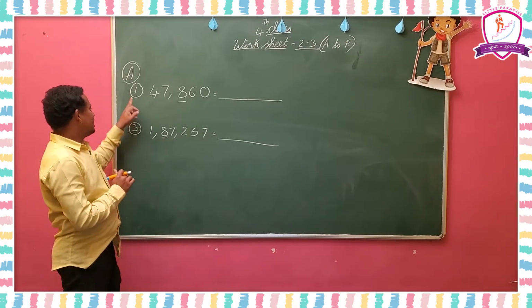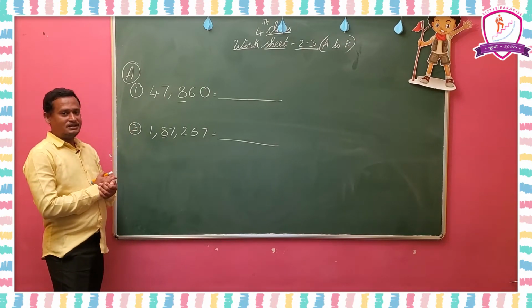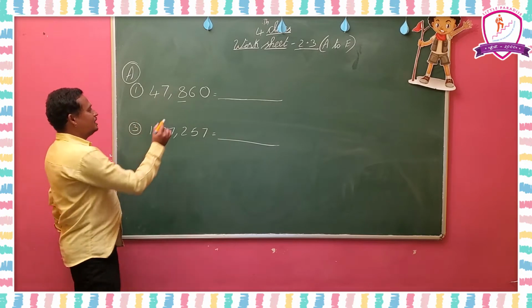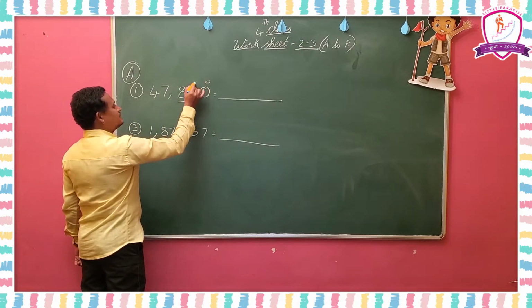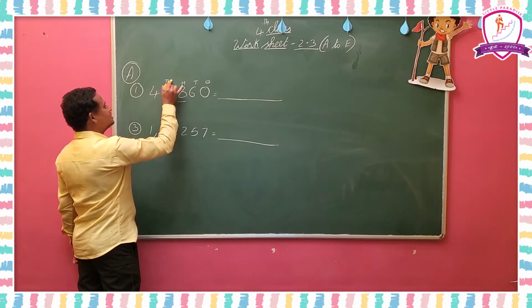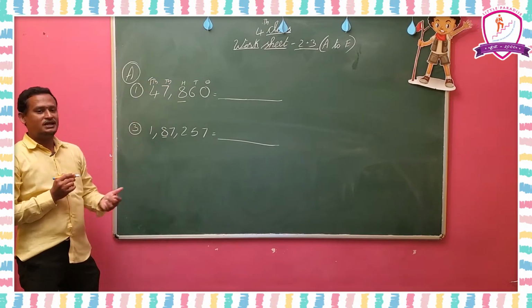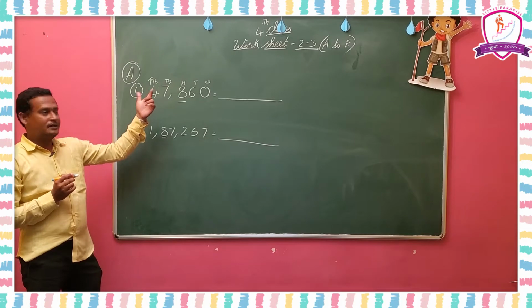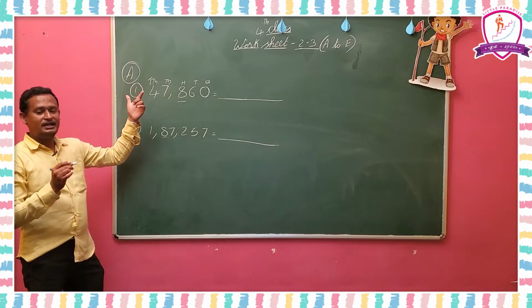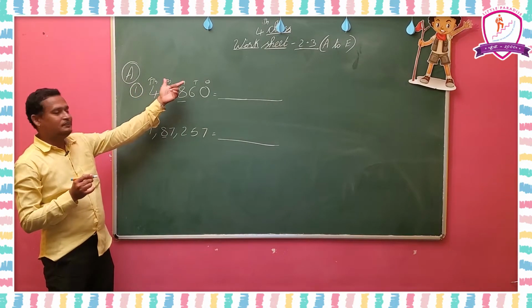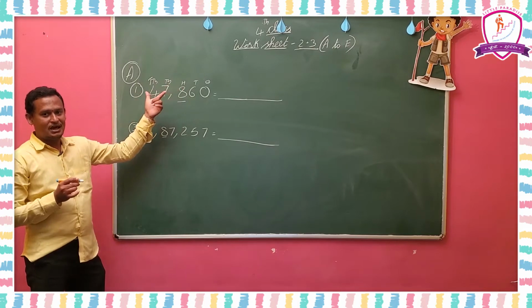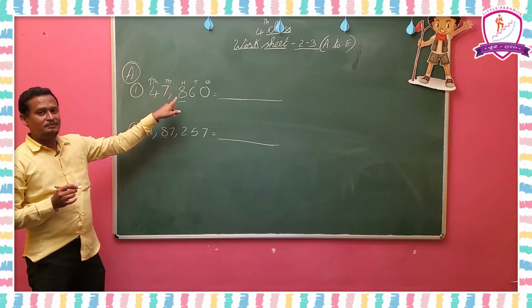Here I am going to explain the 1st and 3rd sums. In the first sum, 8 is in which place? Write the places: ones, tens, hundreds, thousands and 10,000s. When you write the place value, we must write the places there. When you write the number name, then you have to write the periods only, no need to write the places. Understood? Here we are going to write the place value of 8.